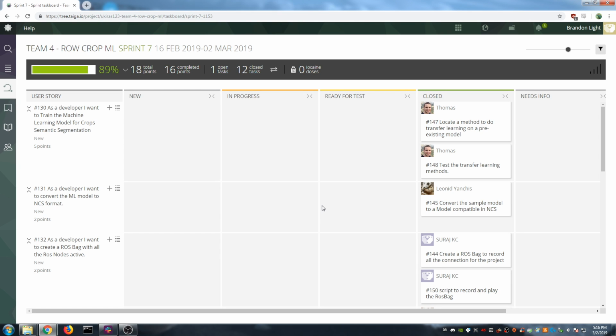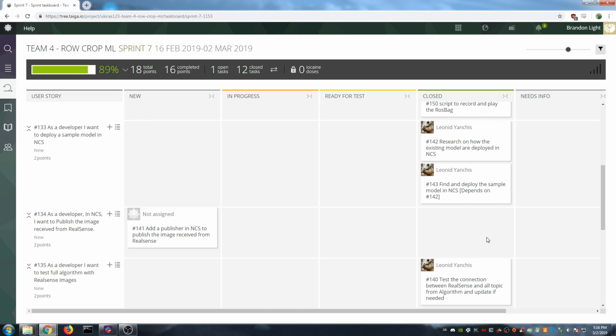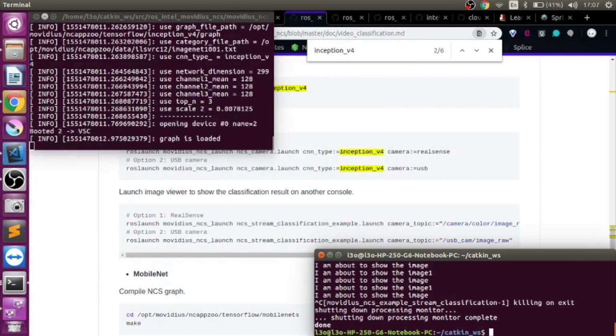Our main goals for this sprint were to get our ROS pipeline to an almost finished state, make sure all the connections and nodes communicate with each other, and we can get the hardware to communicate with the software properly, and make sure that we're getting all the inputs and outputs that we need. The other thing was to start or get more research on transfer learning before we actually begin training and retraining our machine learning model. So now we're going to show off the progress we made on the ROS connection between